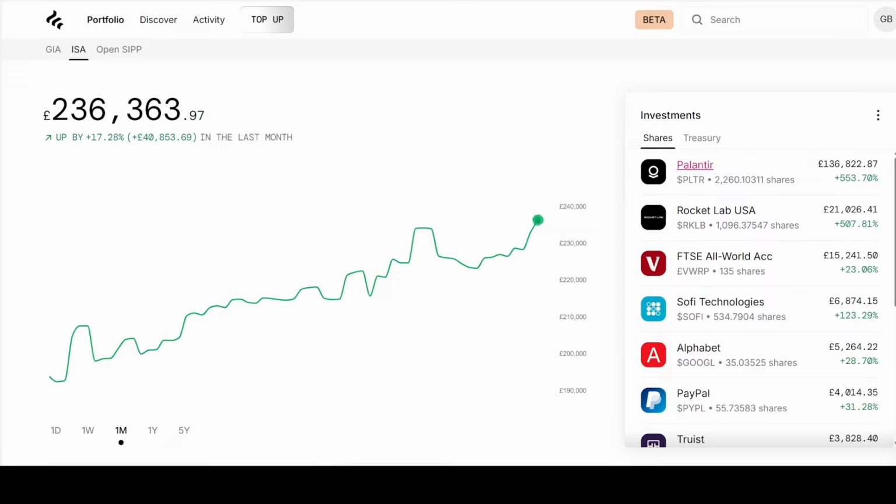I think the obvious one is anybody that mentions AI is going to get a premium, but I think Palantir's one true software AI play where they can actually demonstrate they're adding value to companies, and that's resulting in their numbers just being absolutely amazing, earning after earning after earning. And that, in combination with all the contracts they're getting every single week essentially,